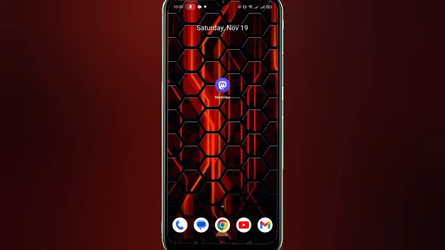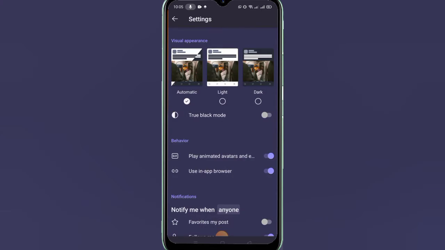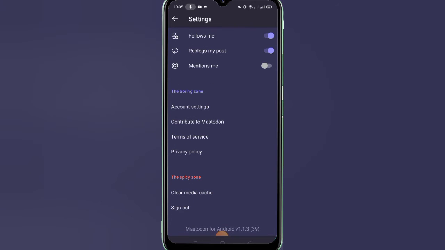So you can see here the Mastodon social app. So click on your Mastodon app, then go to the settings option, right top corner on your screen, this one. Just click on this and scroll down a little bit. Then here you can see the option account settings, this one. Just click on this